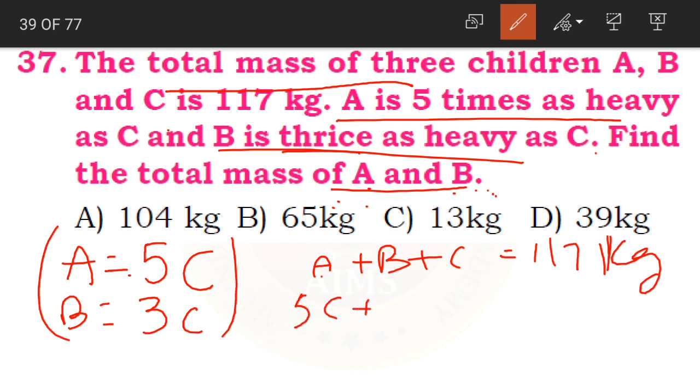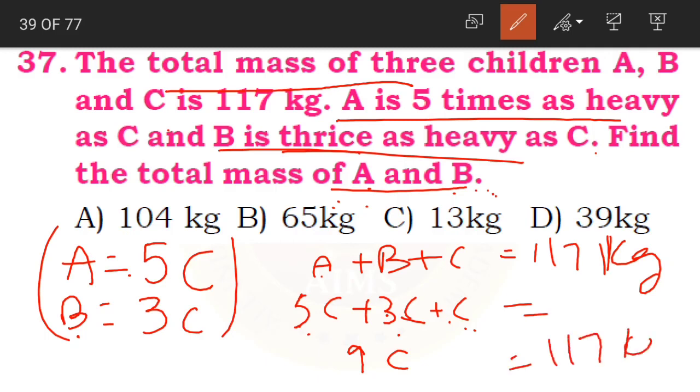A is equal to 5C, plus B is nothing but 3C, and C as it is. Yes children, consider this as 5 apples plus 3 apples plus 1 apple. C means 1C. How many C's are we having? Only 1. Yes, 5, 3, 1. 5 plus 3, 8. 8 plus 1, 9. And C common. We will write it as 9 apples. In the same way, we are writing it as 9C.